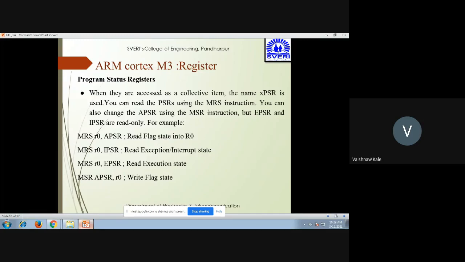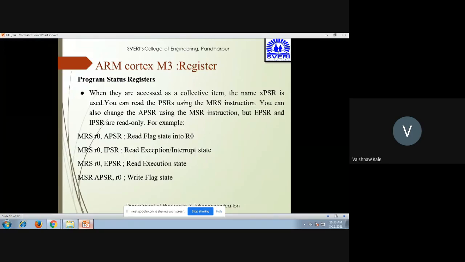You can read the PSR using the MRS instruction, and you can also change the APSR using the MSR instruction. But EPSR and IPSR are read only. So if I want to use EPSR or IPSR, they are read only, so you cannot use MSR there, because they are read only.